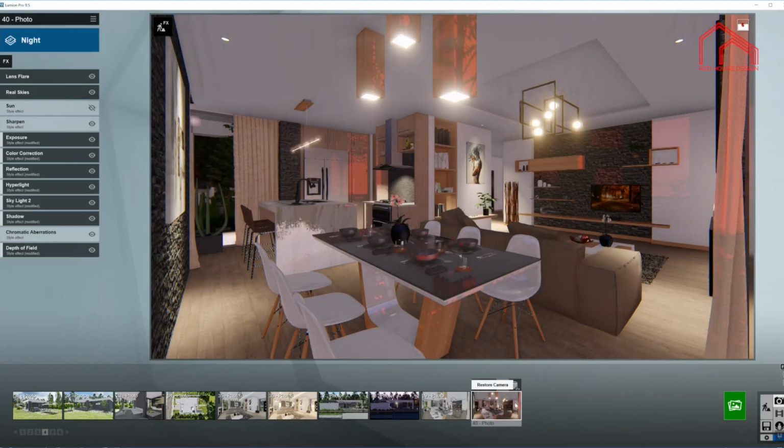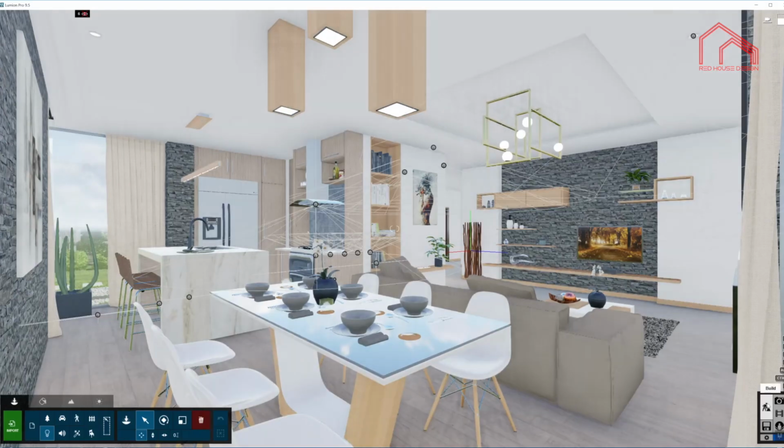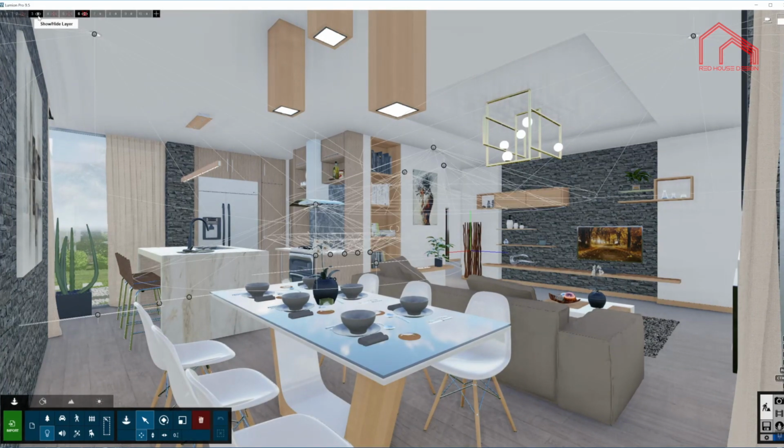When I go back to my scene and I press F8 on your keyboard, you can see straight away the effect of these lights. When you press the F8 button, you can see or preview the shadows that these lights will be casting. So moving on to our next layer of lights,